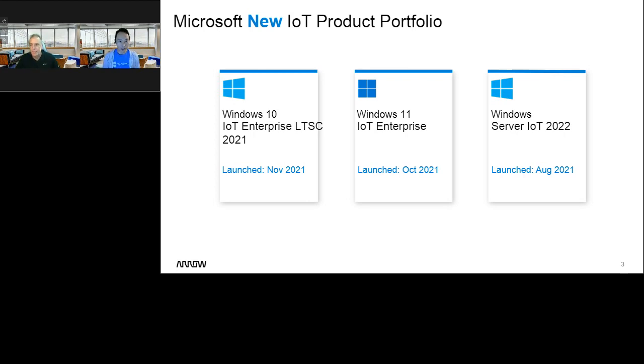Yeah, absolutely. As you said, it feels like Windows 10 IoT Enterprise LTSC 2021 is the product that a lot of the OEM customers have been waiting for. And equally so with Windows 11 IoT, when that was launched, it caught everyone off guard, more or less, and also raised a lot of questions about which is actually the product to focus on now.